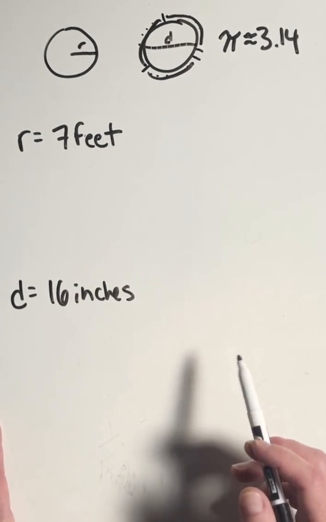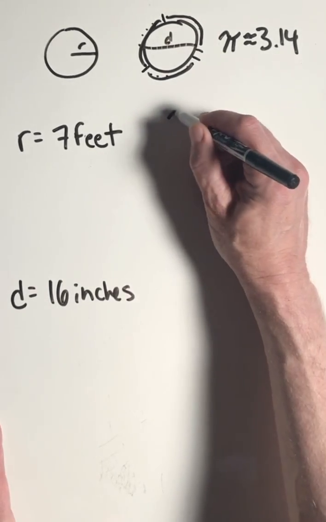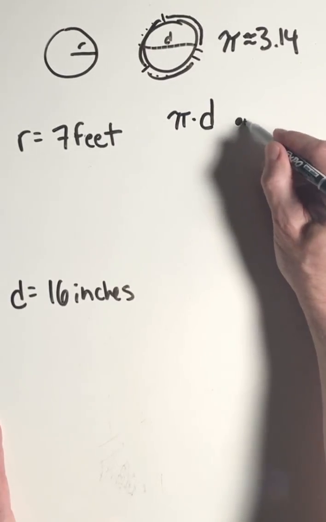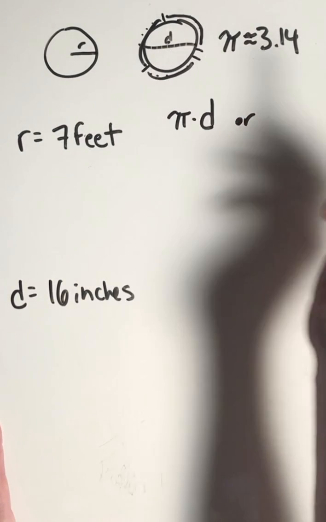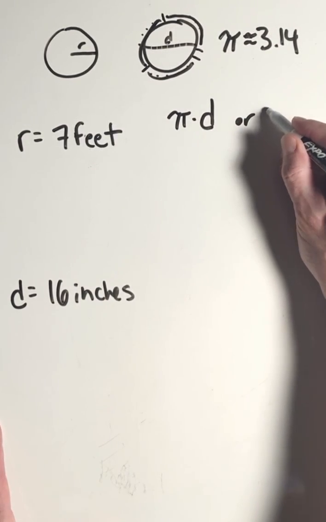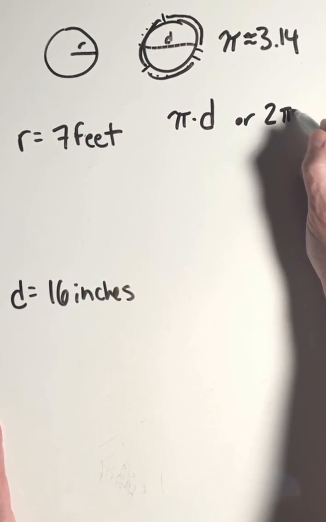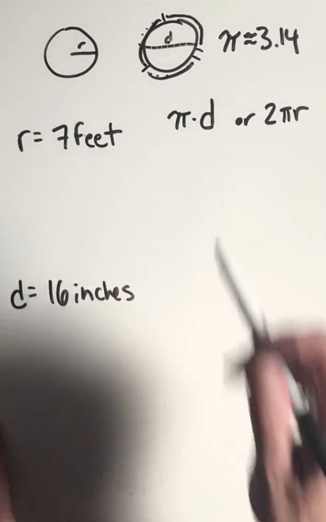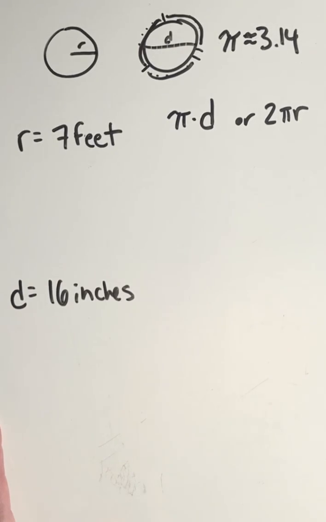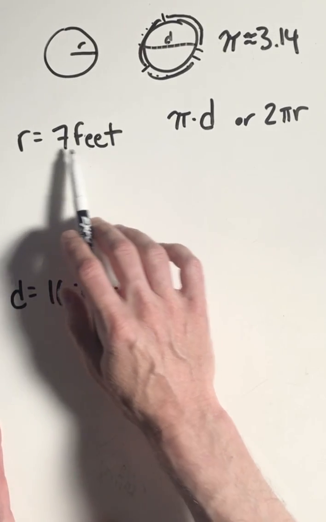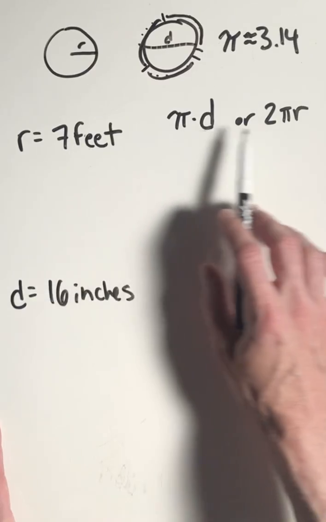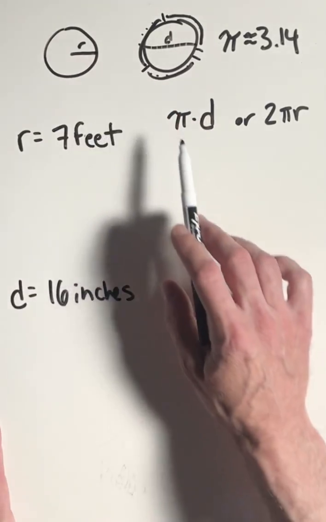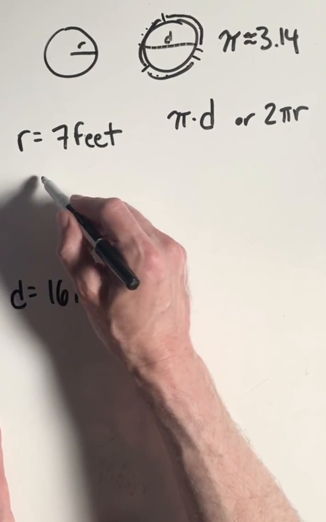So if we want to, we can use the formula pi times the diameter, or since the radius goes into the diameter twice, we can do 2 times pi times the radius. So depending on which you are given, you can use either, they're going to give you the same thing. So if the radius is 7 feet, we will use the formula with radius. To find the circumference, the distance around a circle that has a radius of 7 feet,